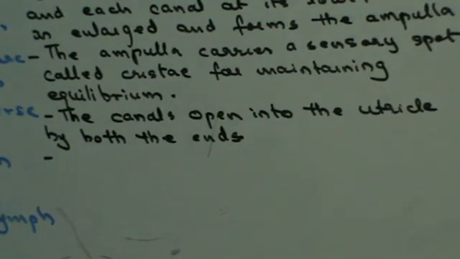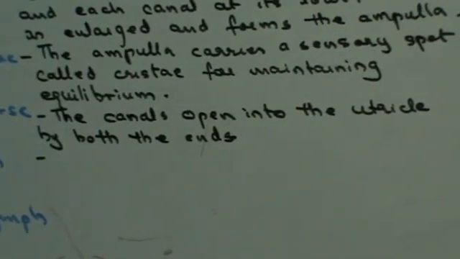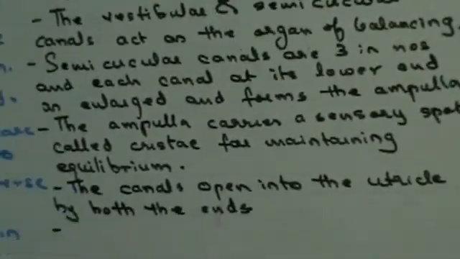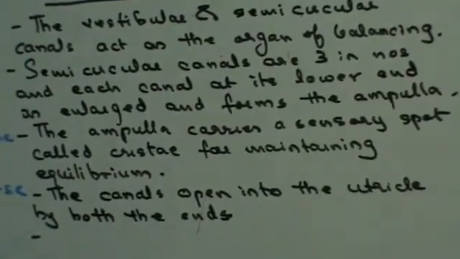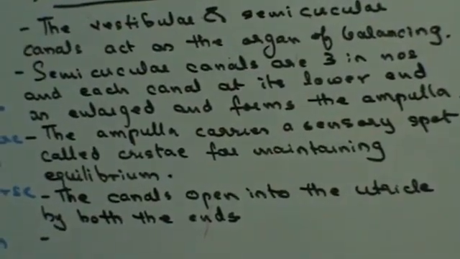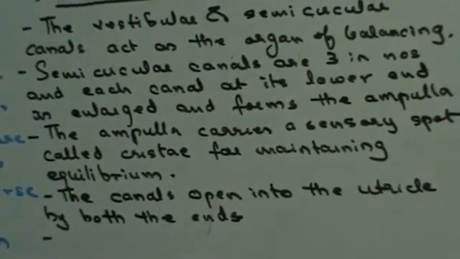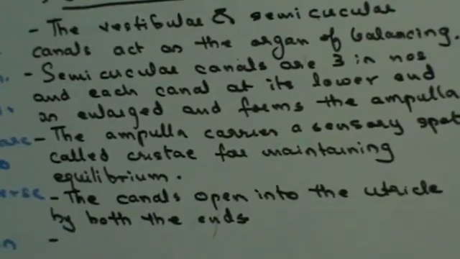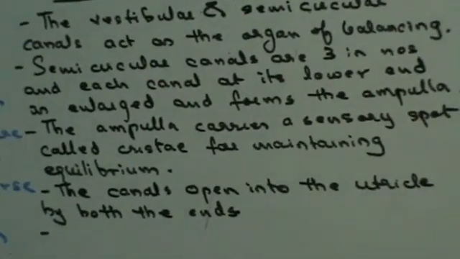Now let's come to how the balancing act is done. This is the structure that we have. We have the semicircular canals which have ampulla. Ampulla have cristae, and the canals open into the utricle. Both ends of the canal, the swollen end and the non-swollen end, are in the utricle. Now when the head tilts,